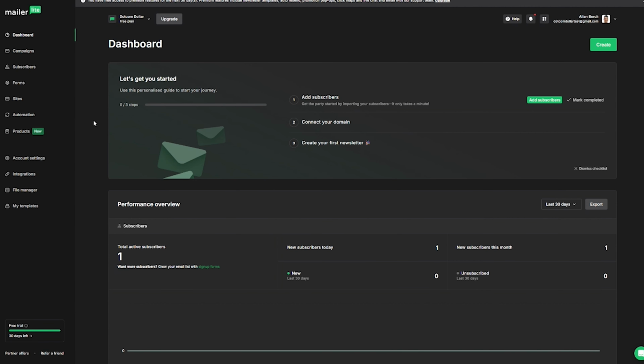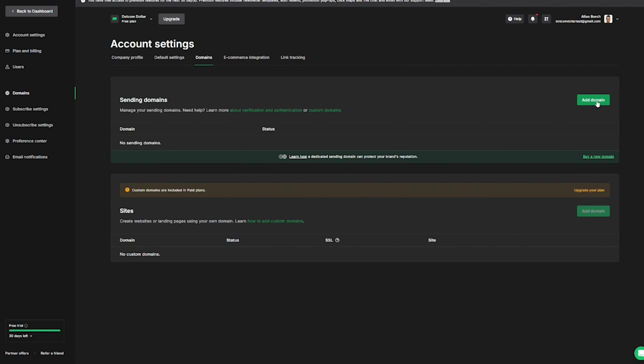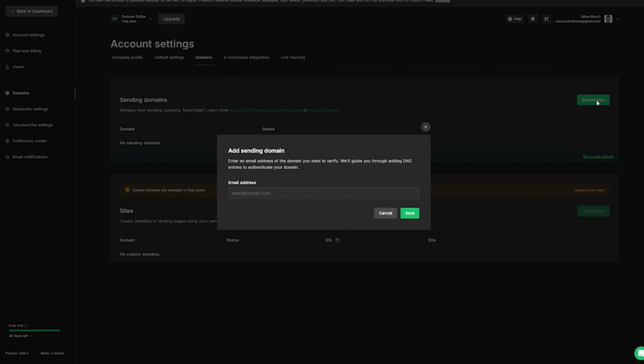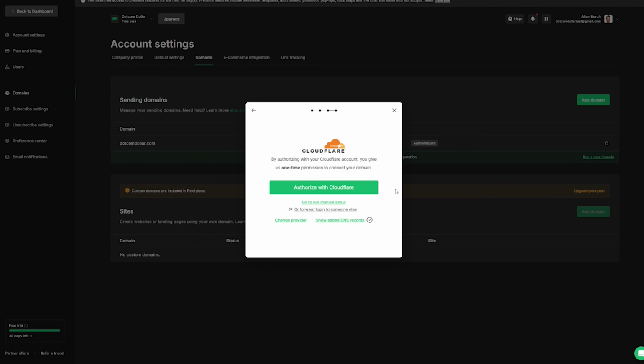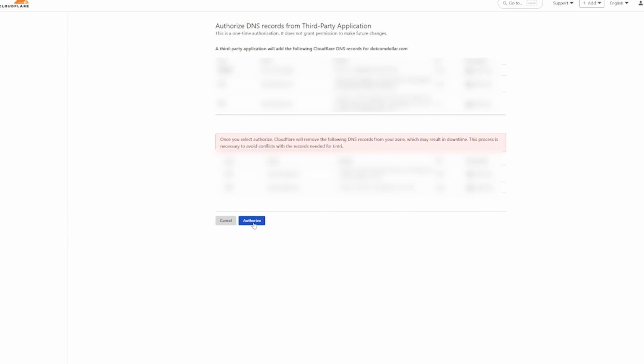And we can add that email address by going to Account Settings, then click on Domains, click on Add Domain here. Type in your email address, click Save. Now a window will pop up for you to connect your domain to MailerLite. You click on Continue. Now I can detect that my domain name is with Cloudflare, so I'll click on Authorize with Cloudflare. Log into your account, click Authorize,